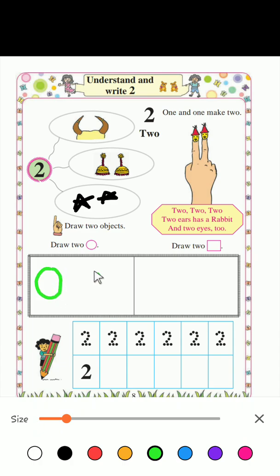One circle, 2 circles, and 2 squares. You will draw with the help of a scale and write number 2.